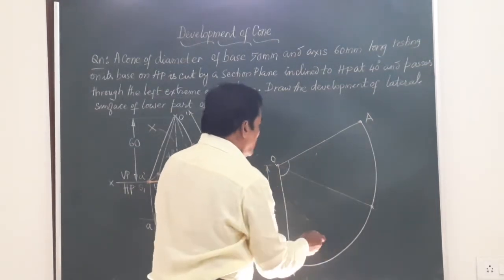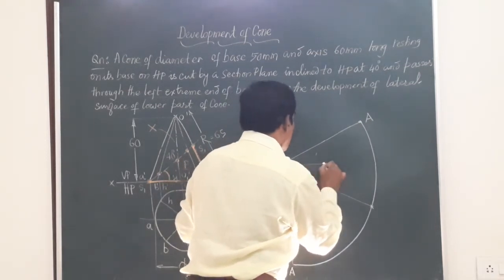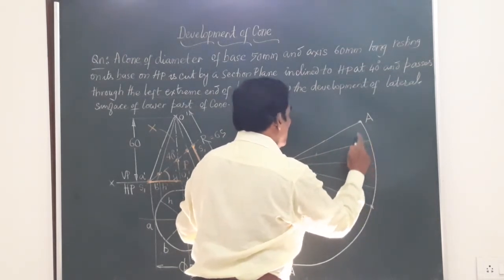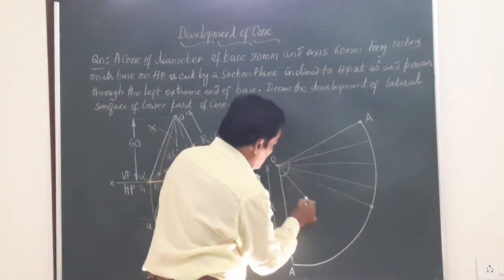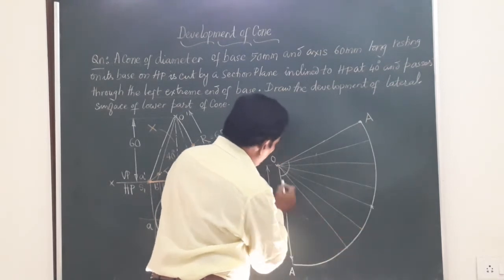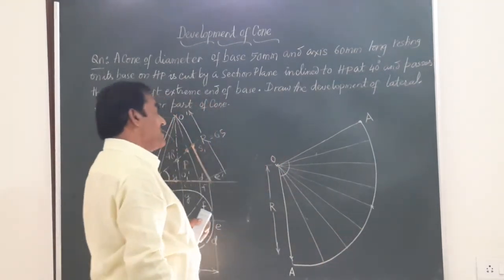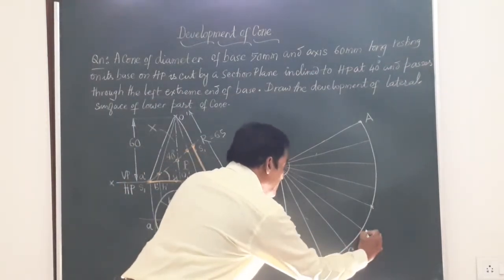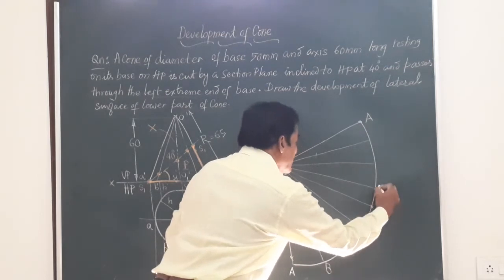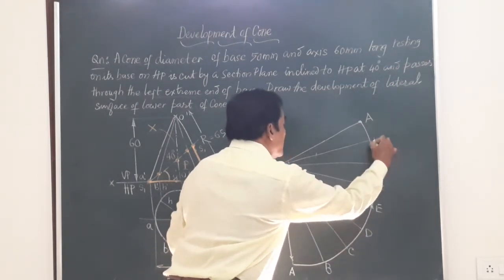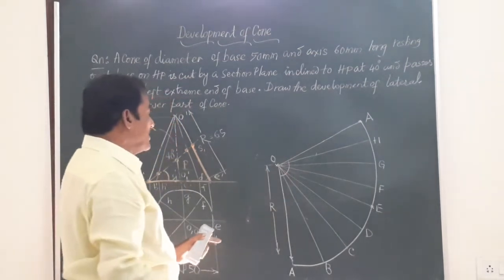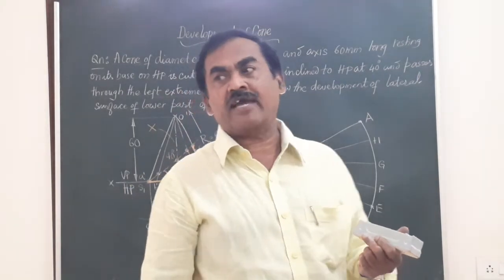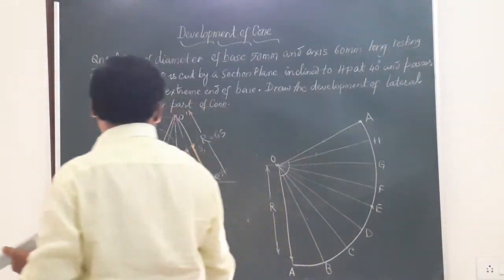So this is divided into 2 parts now. Divide further into 8 equal parts. 1, 2, 3, 4. Again here, this is 6, 7, and this is going to be 8. So once you start from A, then this is going to be B, point C, D, E, point F, G, H, finally A. And this is how we have divided the sector having angle theta into 8 equal parts.